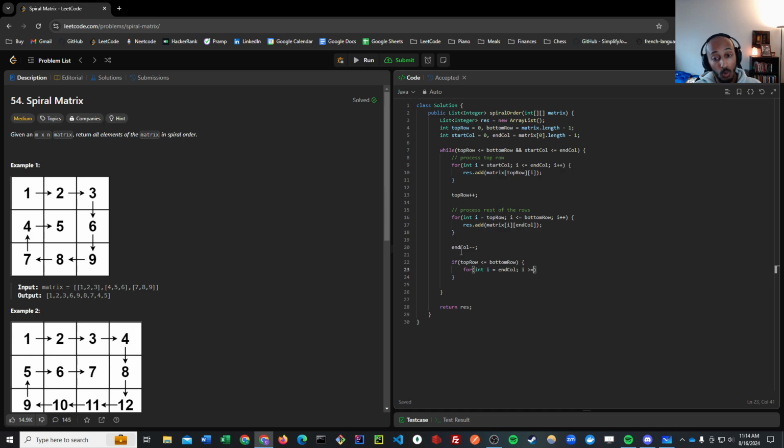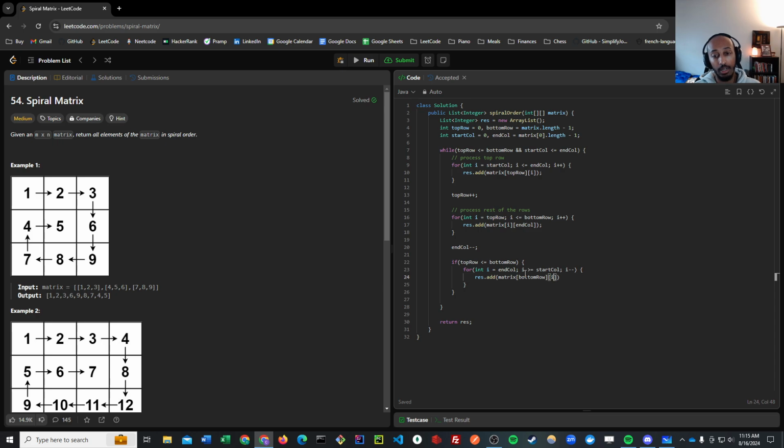So I is greater than or equal to start column, I minus minus, right? Because we're going from right to left, we have to decrement the pointer. And we're going to say res.add matrix at bottom row, because we're in the bottom row,